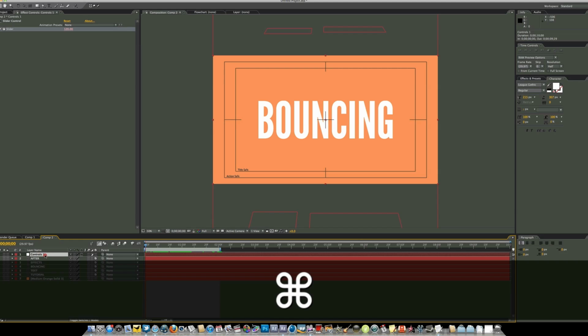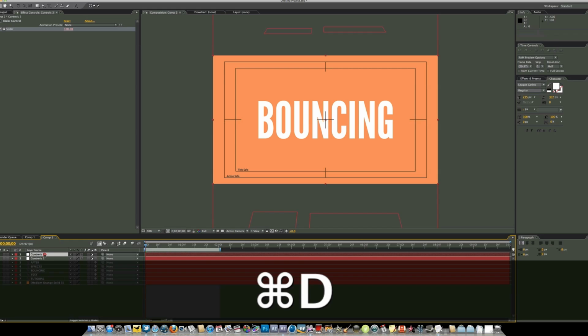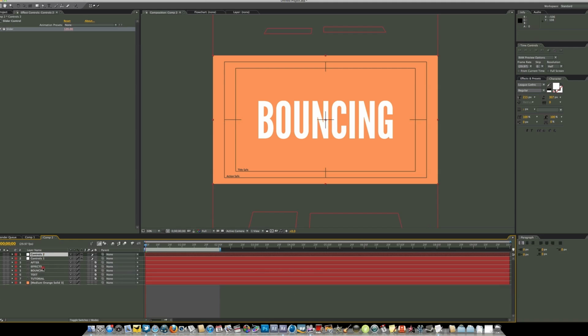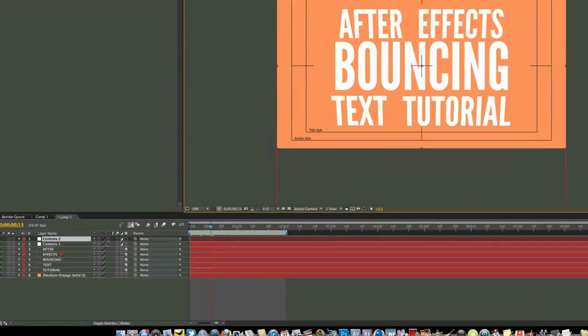duplicate our controls, so Command D or Control D if you're on a Windows computer. And now we've got Controls 2. So what I want is the effects and the text to come in at a different time to the after and the tutorial. So to do that, all we have to do is select Effects,